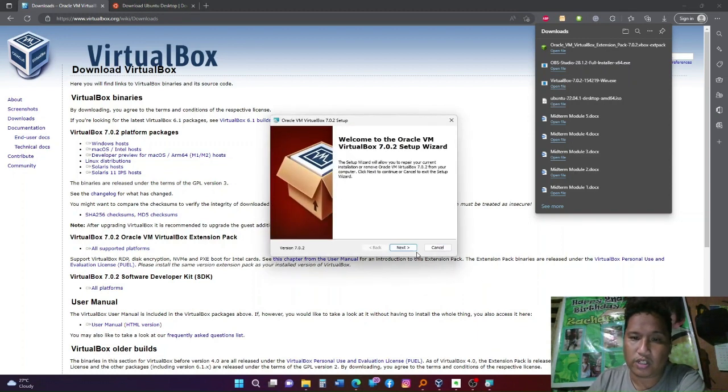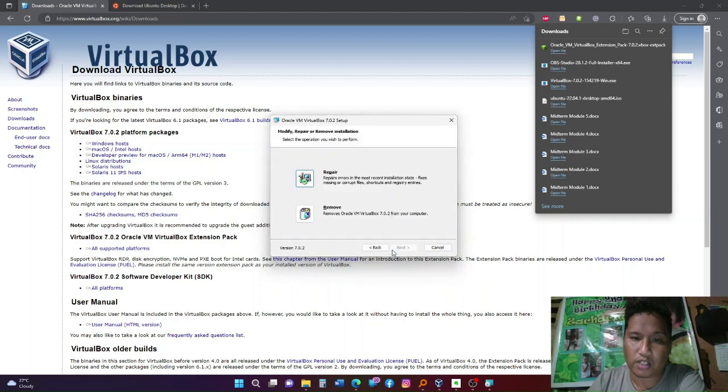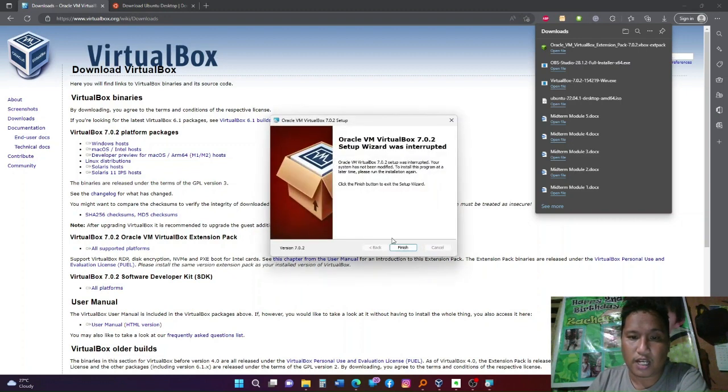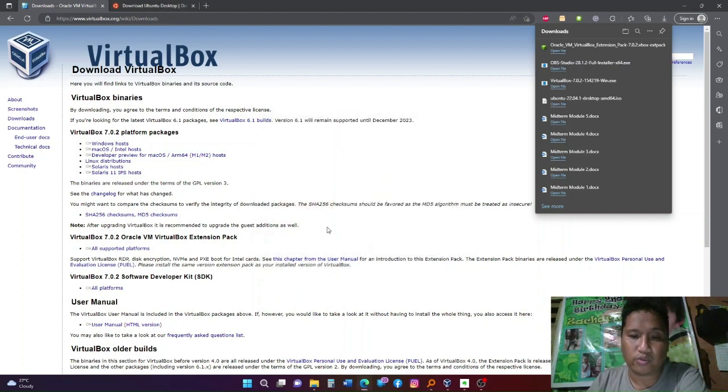All you need to do is just follow all the steps. I don't have to do it here because I've already installed this, but it's very easy to install. You just have to click next, and it will install Oracle VirtualBox. Once you install VirtualBox, I'll just cancel that. So here it is,